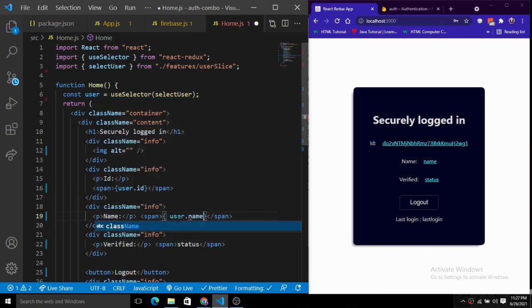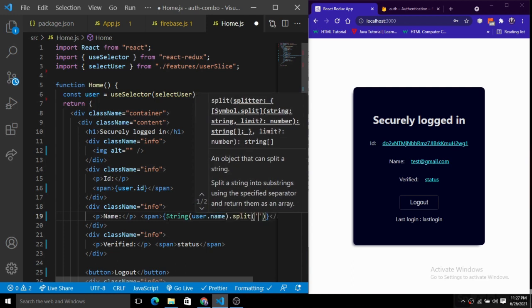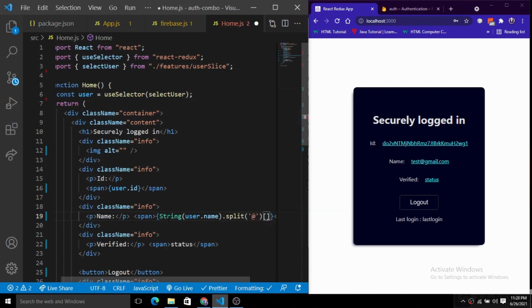So now you will see here we have the name here, but it just contains the gmail.com. So what we will do is just simply remove that. So for that we will use a split function. So let's do this. First of all, just parse it to the string, and after that we just simply split it by the at the rate, and we just use the first one. So now it will be split here, and now we have a test name.